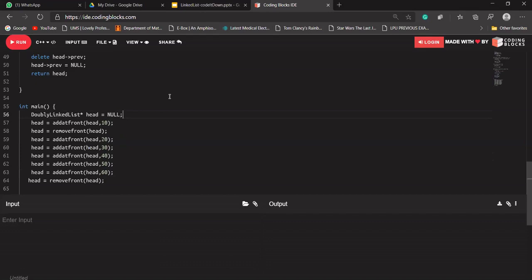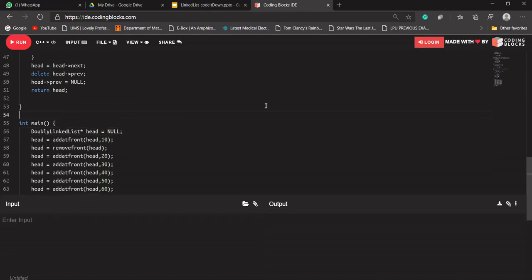Aryan is saying clear. Okay, good. Smith is saying clear. Okay, good. So let's move to another topic. Shrey, you are saying clear. Okay, thank you. So we have deleted something from the beginning of our linked list. What comes next? Next, let's try to delete from the end of our linked list. Akshat is saying understood.